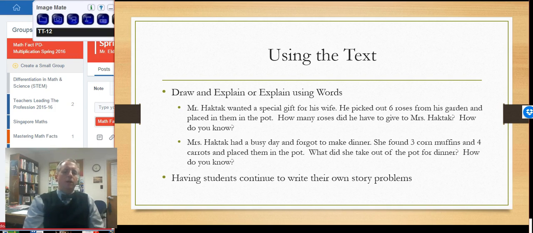Having kids write their own story problems and create their own multiplication by 2 book as a class can be a good way to provide kids with more practice. It's helping the kids who already know them to give them a chance to write it out, add to their language piece. And the kids who don't already know them, now they have all those problems that their friends wrote